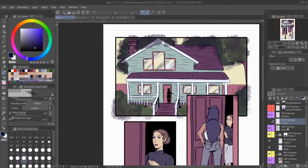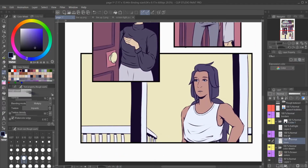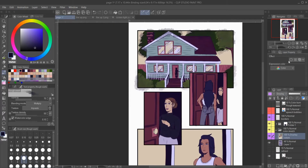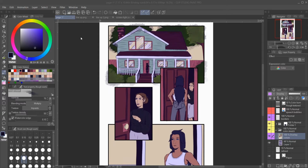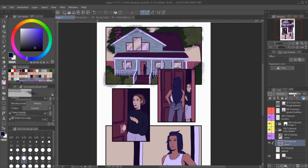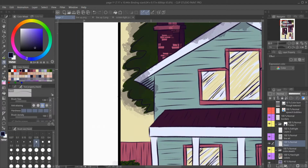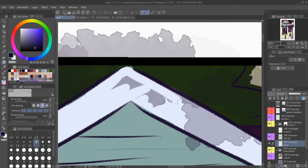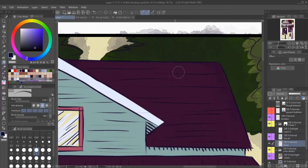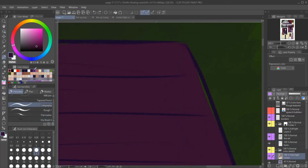By the time I get to coloring the second page and I'm still struggling, that's... oof. I'm going to make it my goal for this week, basically, to not struggle with this anymore. Impromptu goal setting for the next 4 of these making comic videos is to get the coloring of my pages and the texturing and the final detail work of it done, solidified, and something that I